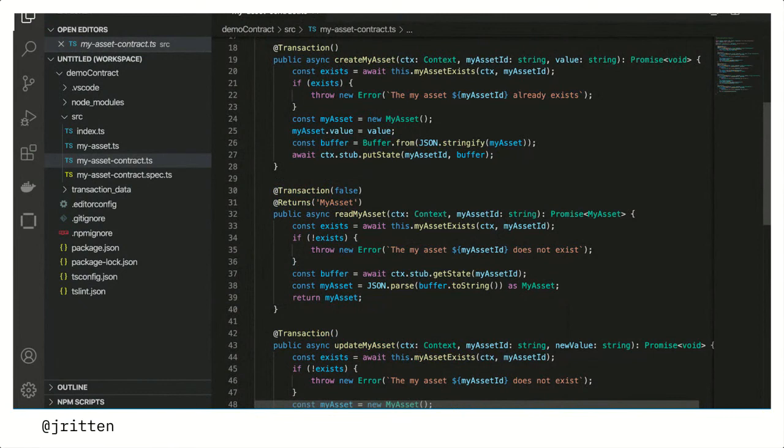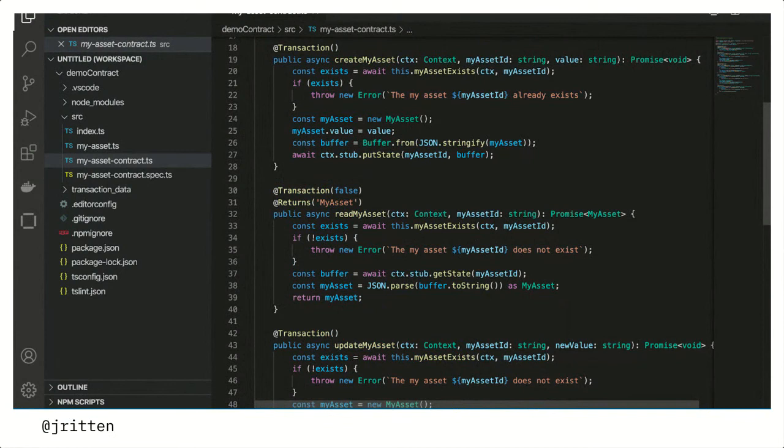Typical transactions like create myAsset are typically submitted. Functions like read myAsset are typically evaluated. You'll often hear transactions referred to as queries. As you can see, this function only takes myAsset ID and returns the value of whatever state the key points to. So we're just getting the data and evaluating it and actually making it available to read.